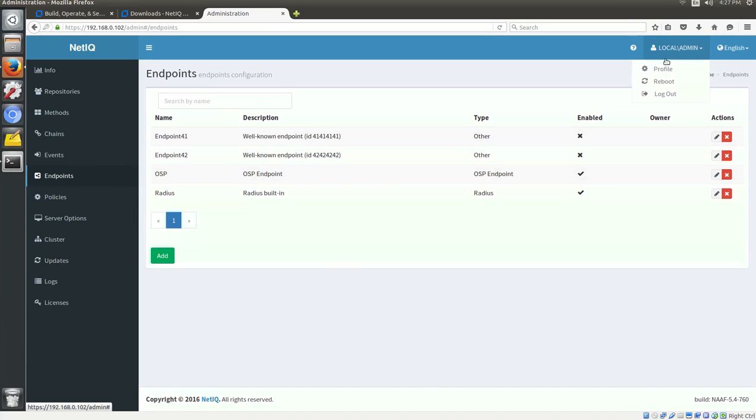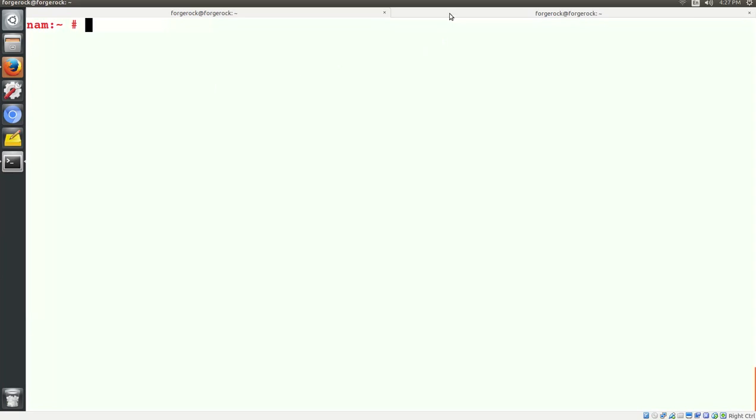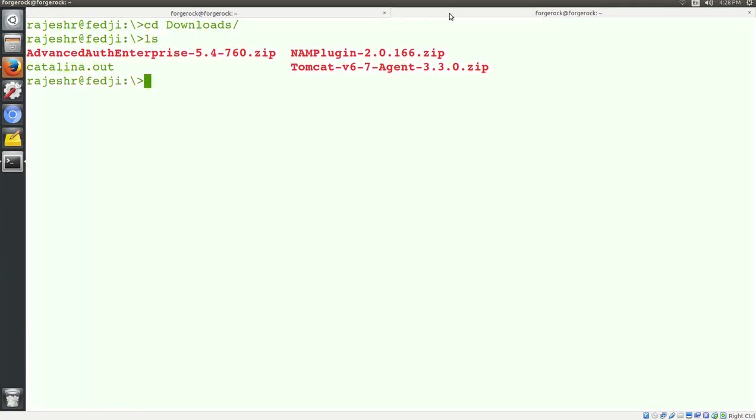Let's log out, and the next step that we are expected to do is to install a plugin in the Access Manager that lets Access Manager talk to Advanced Authentication Framework. And by the way, we need to do this step only because you're using a 4.2 version of the Access Manager. The newer version of the Access Manager, which is 4.3, does not require this plugin installation. It's there inbuilt. So let's do a SFTP to the